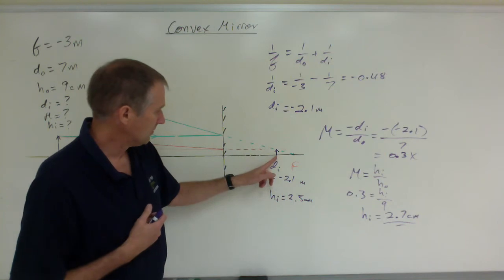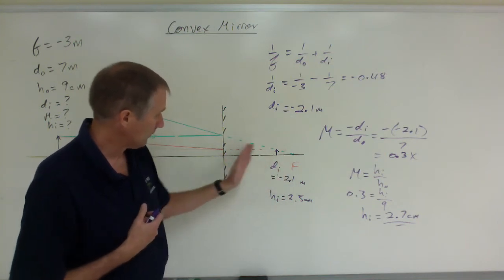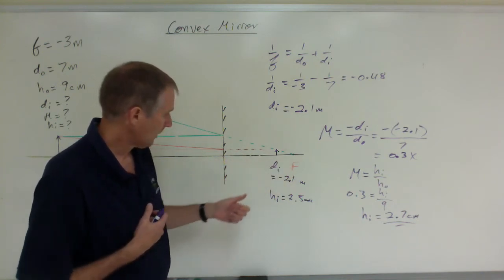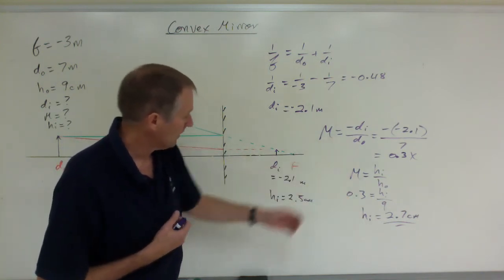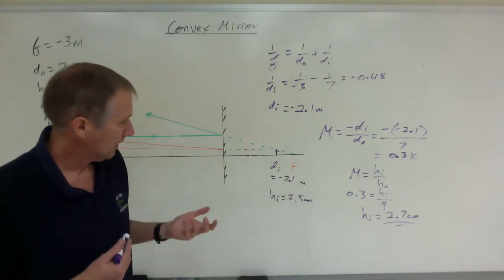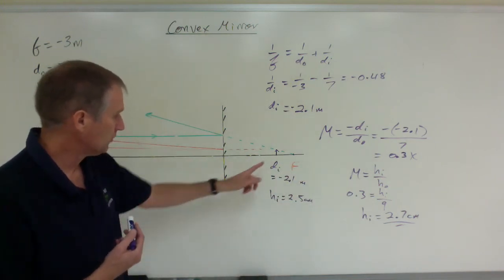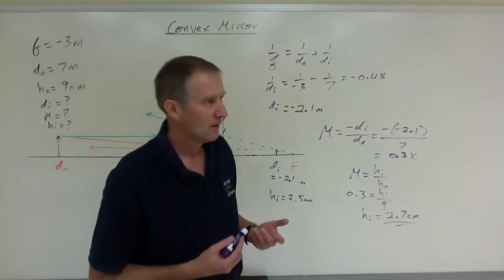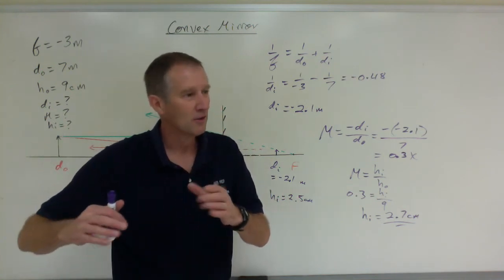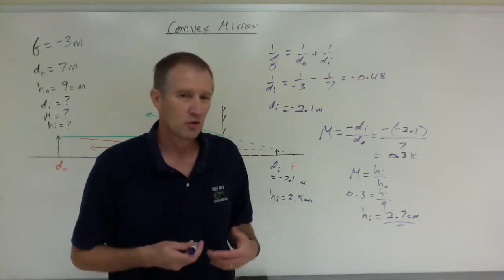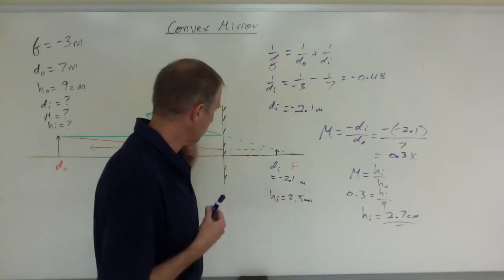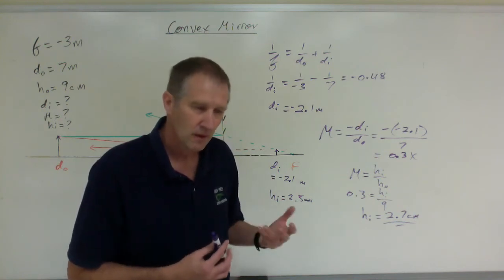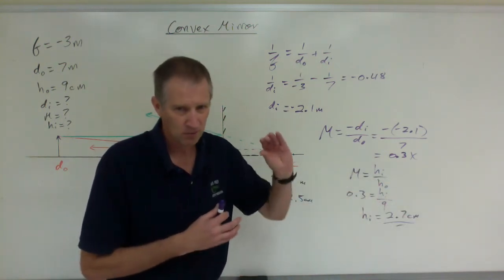Notice that the image is always going to be closer because of the configuration. It will always be closer to the mirror than the focal point. The image is always smaller than the actual object, and the image is always closer to the mirror than the object is. So in a car, the message on the side view mirror that says objects are closer than they appear, it's really not true. The image is closer than the object, but it's also smaller. And I think our brain thinks it's further away because it's smaller. But anyhow,